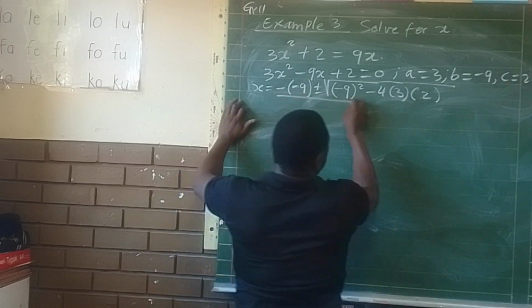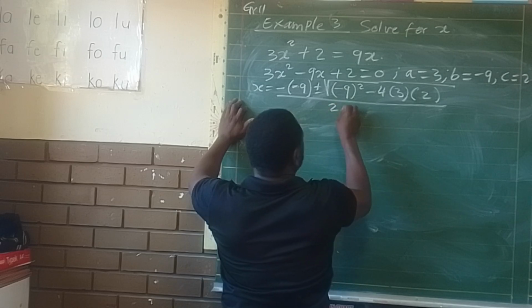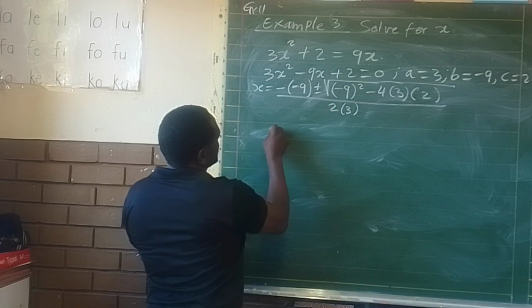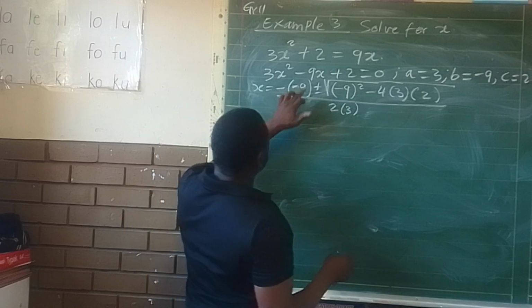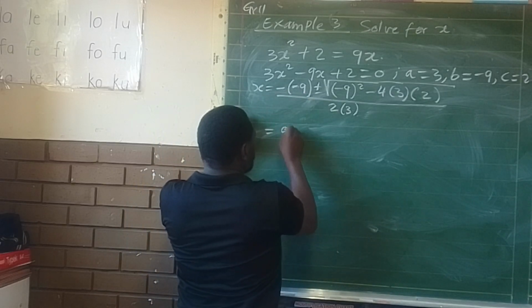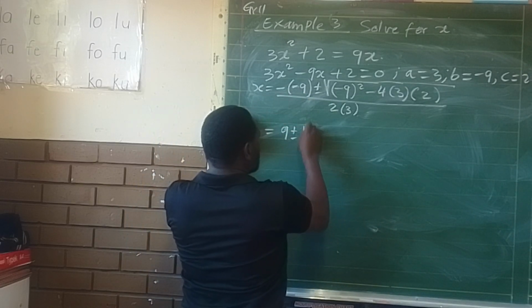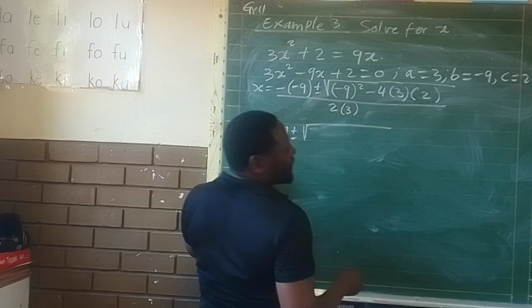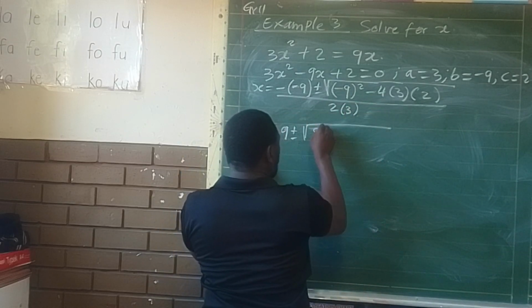All over 2 times 3, which is 2A. Minus times minus is positive 9, plus minus square root of minus 9 squared. 9 squared is 81,